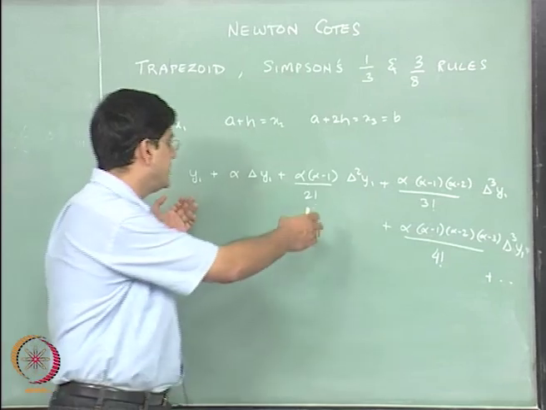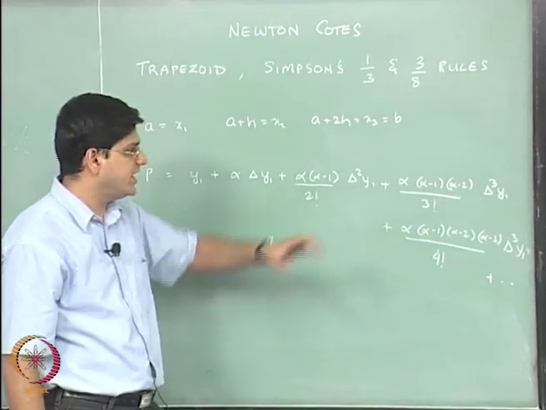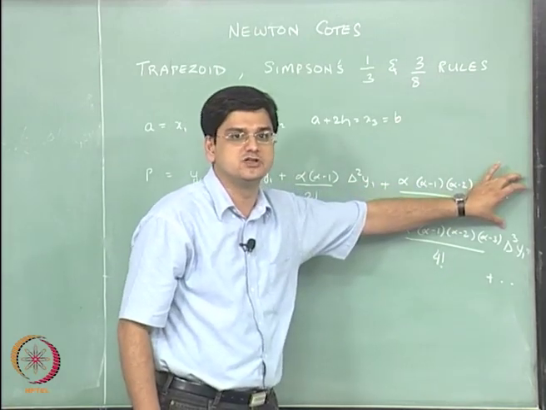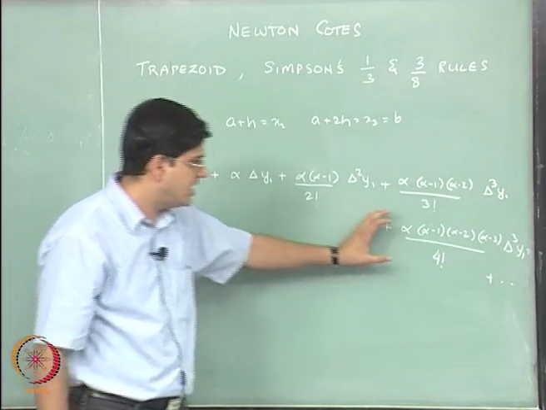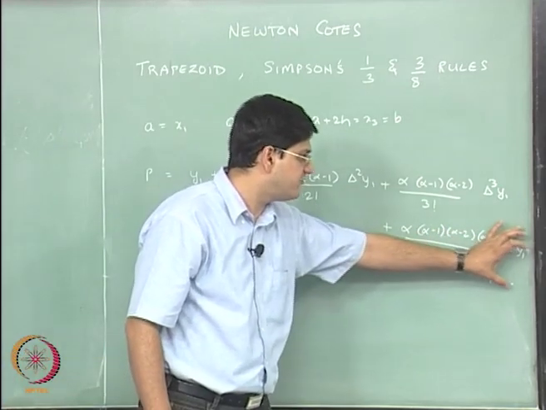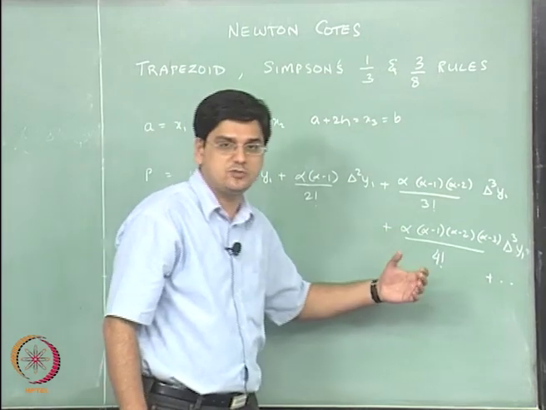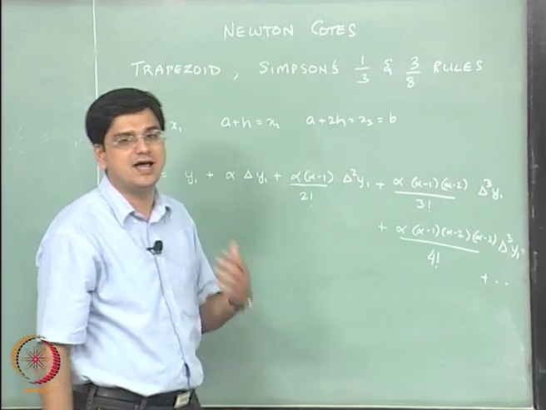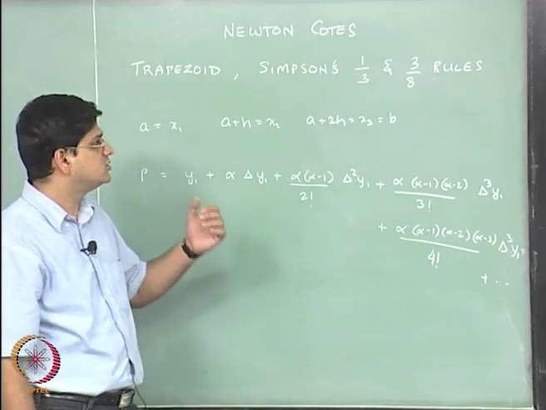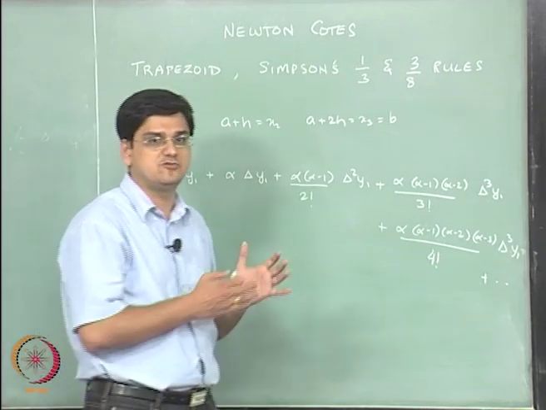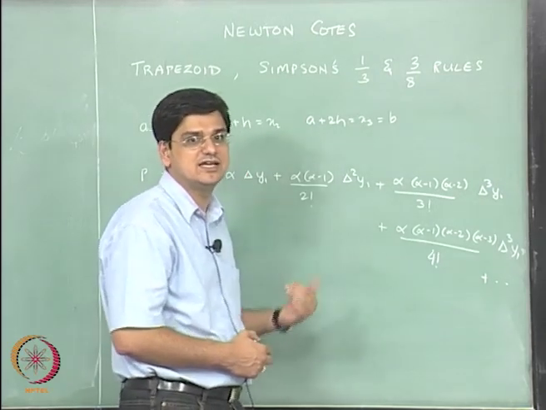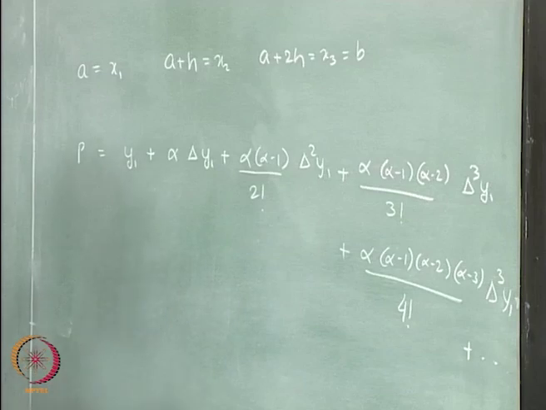What we did was only retain this particular term. What I am going to show today is that in the Newton's 1/3 rule, in fact this term also disappears when we actually do the integration, and the leading term that gets left is this term. This term is h to the power 4 accurate. So when you integrate it, you get Newton's 1/3 rule as h to the power 5 accurate. The Simpson's rule, if you recall from the previous lecture, was h cubed accurate, whereas the 1/3 rule is going to be h to the power 5 accurate rather than h to the power 4 accurate, and that is going to be a very important property of these Newton Cotes formulae